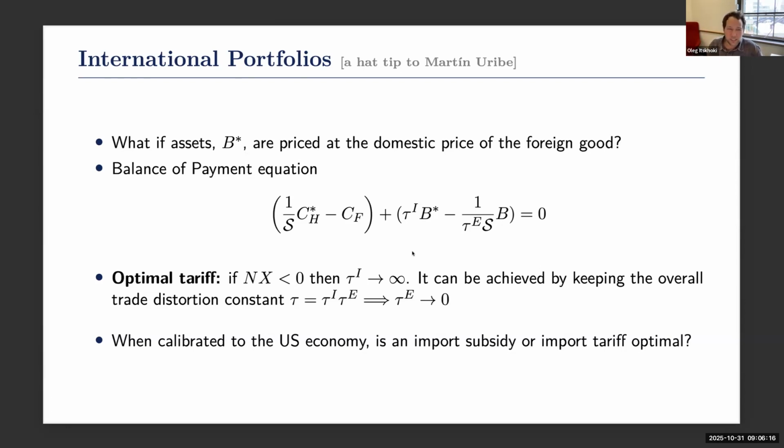And in that sense, I want to stick to the structure that we had. In the paper that you read, it seemed like an assumption. In the new version of the paper, it will be much more explicit as a result. It's surprising. It's not something you can guess from the start. It does require working through the dividends of these different assets. And what you realize is that you can partition most of the assets out there either into B star, where the right price is PF star, or into B, where the right price is PH.